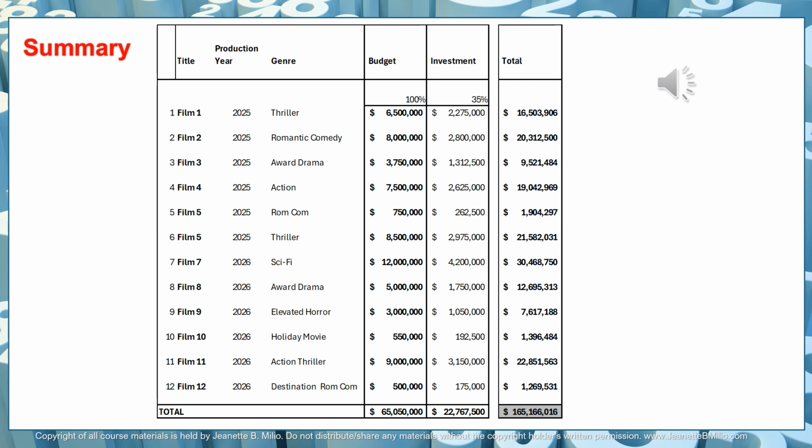So we have not looked at that for this library. We're just basically assuming it's a general library with these movies that we're making. But I want you to keep in mind that these outliers, one of the 12 could be an outlier that makes an amazing amount of money. Like one of the romantic comedies could be A Big Fat Greek Wedding. That would elevate the library tremendously and would shoot it through the roof in regards to what the value would be and how much we could sell it for.